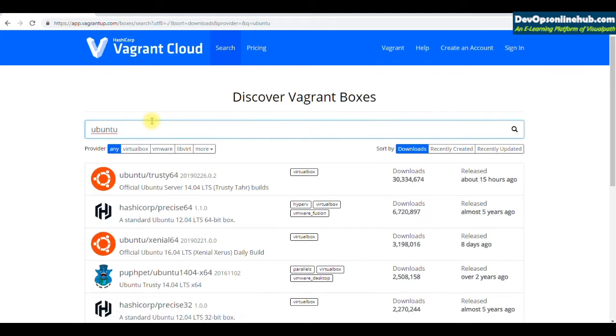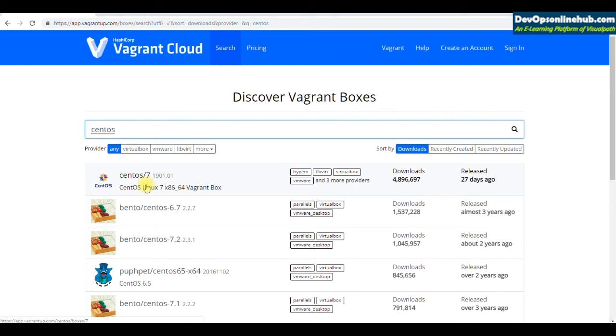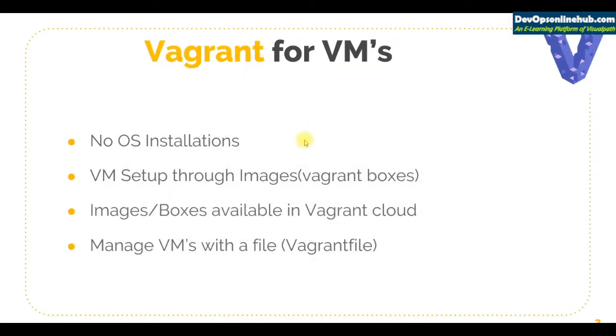We're going to create two virtual machines with Vagrant. First, initially one CentOS from a CentOS box and one from an Ubuntu box. So we'll select Ubuntu Xenial 64 and we will take CentOS 7, these two boxes. And we'll see how we can pull that and bring up VMs from that. So all this information will be mentioned in the Vagrantfile that you create.